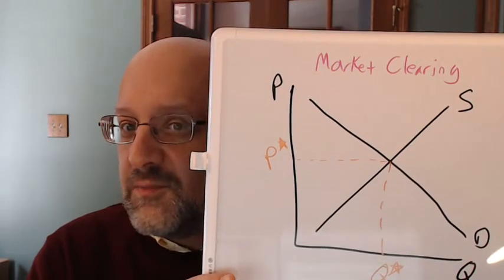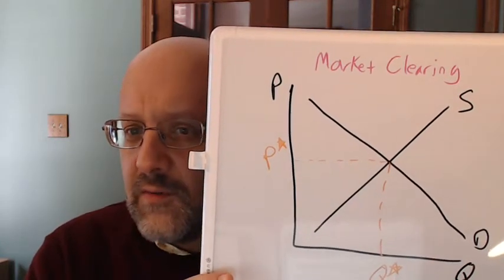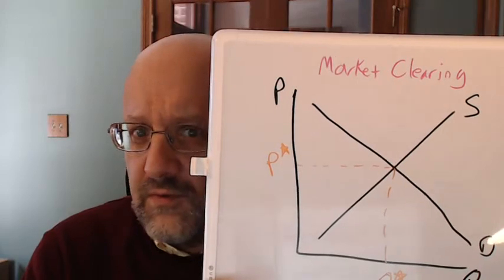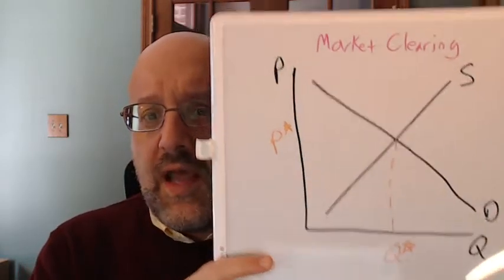How can we convince suppliers to make more units of the good available? All these people would like to buy it, but there's only relatively few available. What's going to happen? Demanders are going to say, well, wait a second, we would like more of this good, and we're willing to pay more for it. And they will start bidding against other demanders. Some demanders will compete against other demanders.